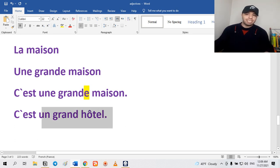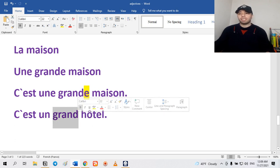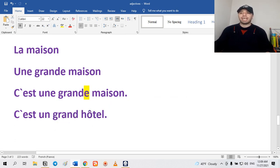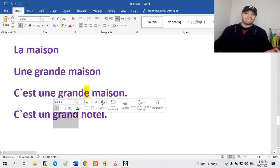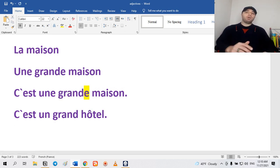But in this sentence, the noun that we have, hôtel, is a masculine noun, so the adjective that we use for this noun is also in masculine form. So grand is the adjective in masculine form and grande is the adjective for the feminine form. This is the difference. And suppose that you are going to say